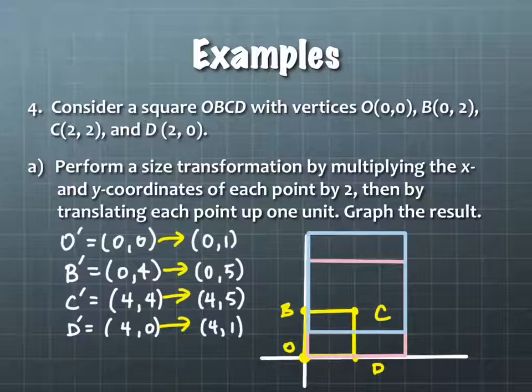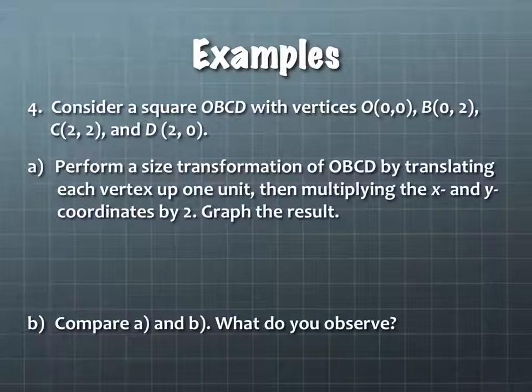Now on part B, we're going to draw the picture differently. If you have space, I hope you haven't used your whole grid. You can draw the grid again. But we're going to actually do the transformation backwards of what we just did. Part B, I don't know why it says A, but it should say B, says to perform a size transformation by